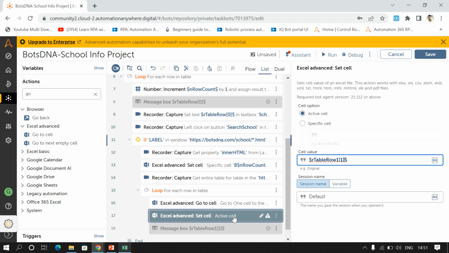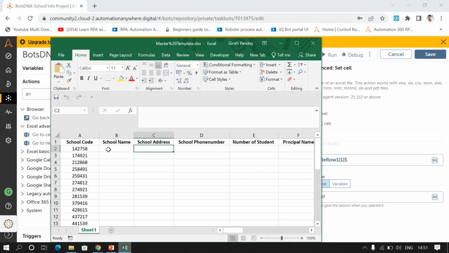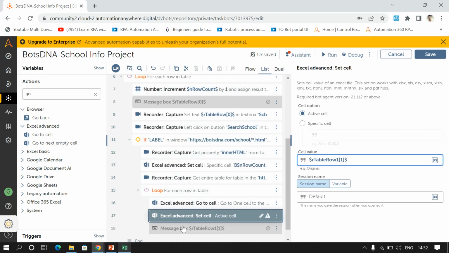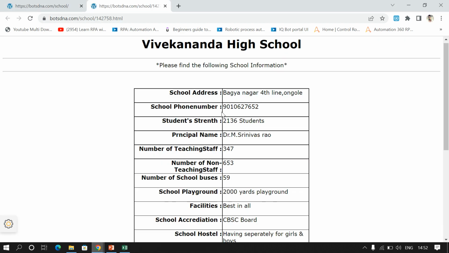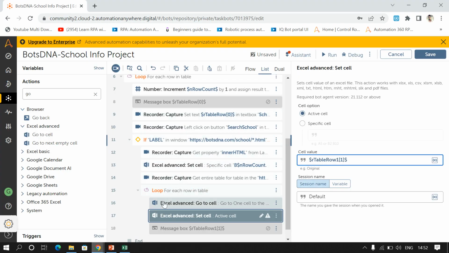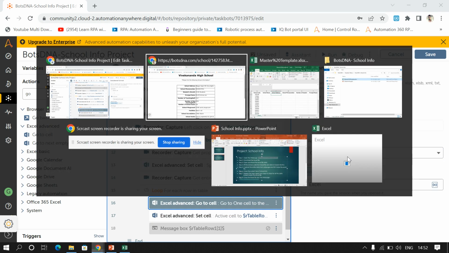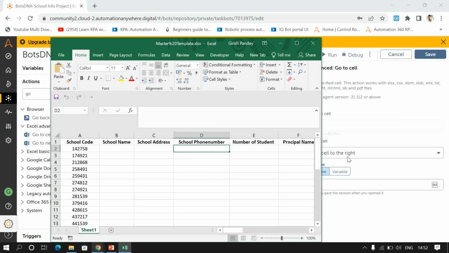So it will set the, one second I'll show you. So first it will set school name, then it will loop for first time, it will right click and it will set the school address. Then again it will come out of the loop, and second time it will give this school phone number. So again it will go to set. So it will again right click. So it will right click on right arrow, and again it will set the school phone number,